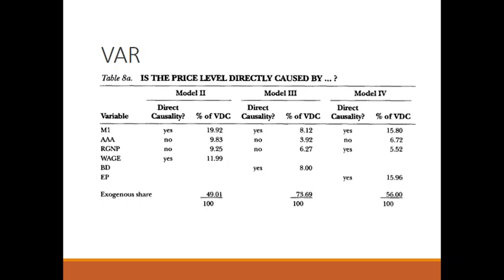But we still have a money supply being a big direct cause of inflation, and we have the budget deficit. So, this is not as strong a story, right? We can have a very clear connection between wages being higher and things being more expensive. Budget deficit's not as clear, but still apparently true, right? And in fact, in that model, it's as strong as the money supply. But the whole model is less predictive than in Model 2. So we're not doing as good of a job explaining what's going on, so things become sort of muddled.